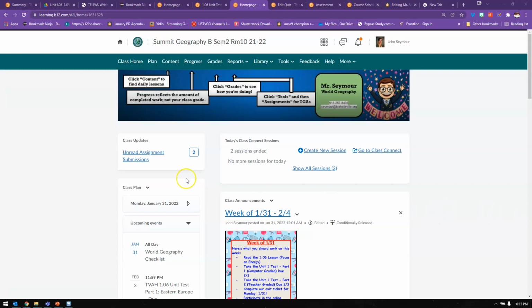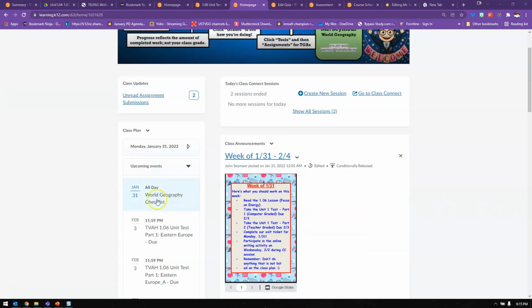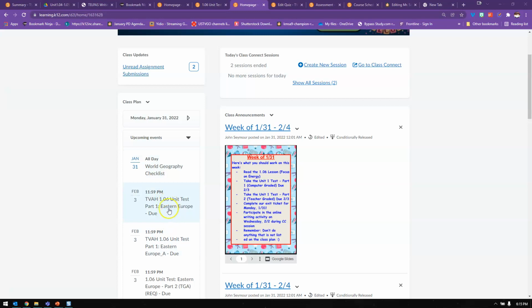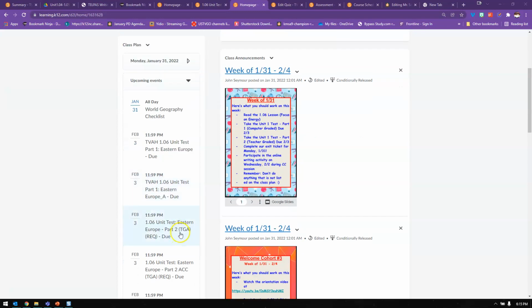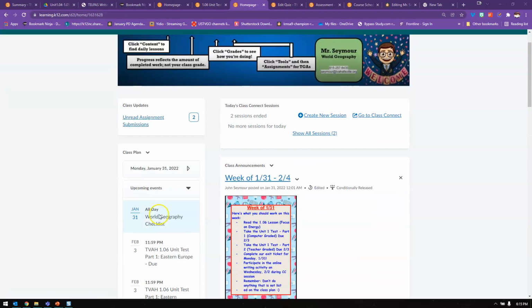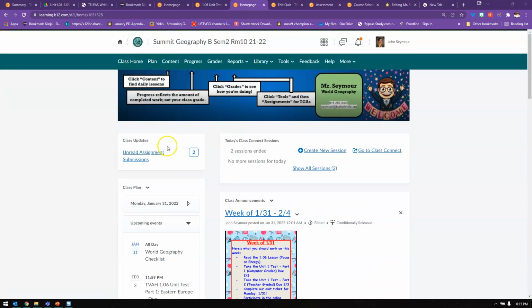You've got different ways to get to the assignment. You could go over here on the left-hand side and look for upcoming events. And then here's the Unit 1.06 exam part 2 in the upcoming events on your calendar. And then you could also go to content, which is what I would suggest. Go to content from your